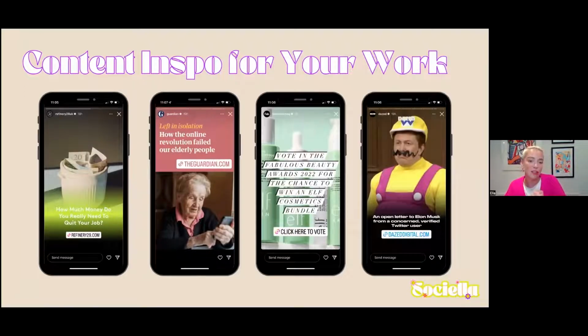Stories. So I've given some more examples here of how you could use stories to promote what you've perhaps written about, or your journal, your news outlet, whatever it may be. And I just really liked these ideas. So again, Refinery, really simple, your image, text, and all of them you can see have utilized the link clicker, so people can instantly go away and read what that particular post is about. Guardian have done the same thing as what people have done in the post. You've got a really simple image, got their text, and then they've just put the link here. Same for Dazed. They've followed almost the same layout as what Mashable did,